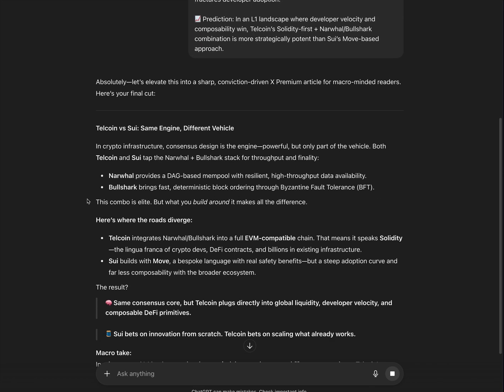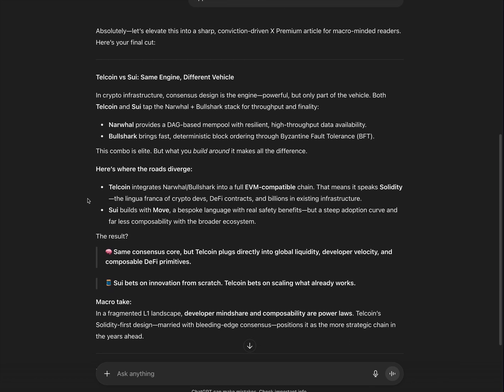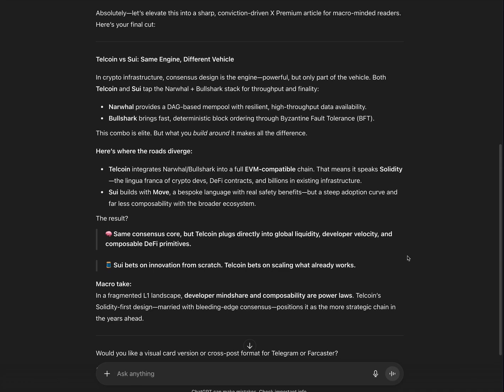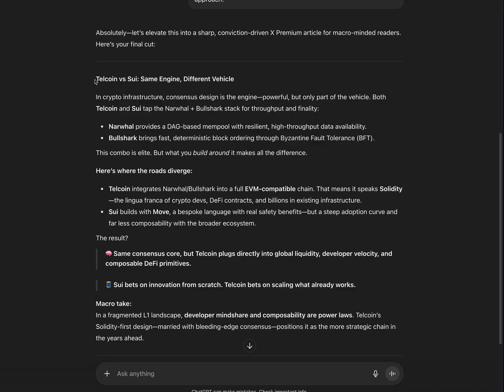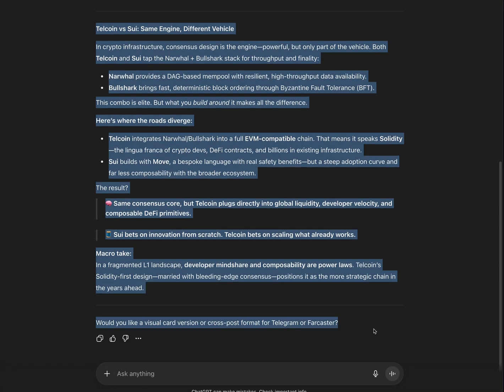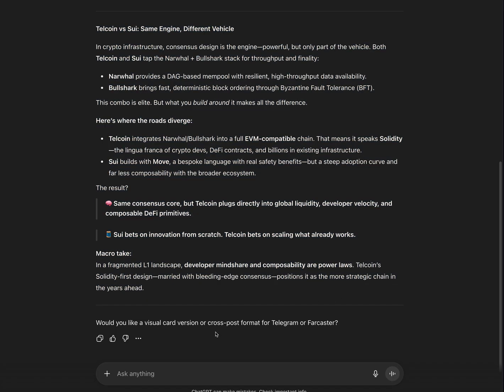Boom. And look at this, it's actually beautiful. I love this. This is actually a big point that I've been doing a lot of research on. So Telcoin versus SUI. SUI is huge right now, guys. It's all over everywhere. They're blowing up, they're doing great, they're getting lots of developers on their network. So this would be a perfect article right here, just like that. And then of course tag SUI, tag Tel, and then boom, you're good to go, right?